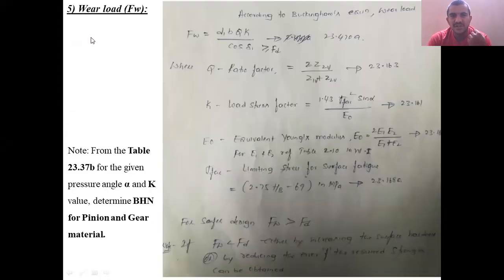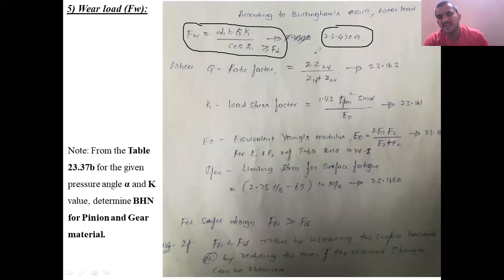After this, once you determine the dynamic load and design against dynamic load, then you go for design against wear load. This is the last step. Then according to Buckingham's equation, what is the wear load? It is D1 B Q K by cos delta 1, which should be greater than or equal to the dynamic load. That is equation number 23.47. Where D1 is the pitch diameter of the pinion, B is the face width of the gear, then